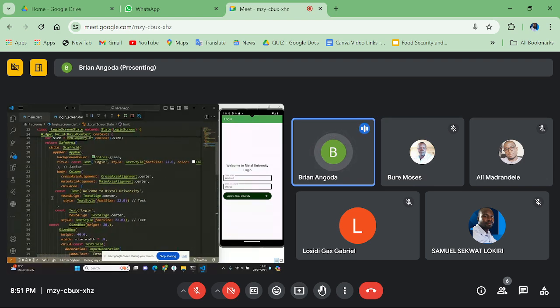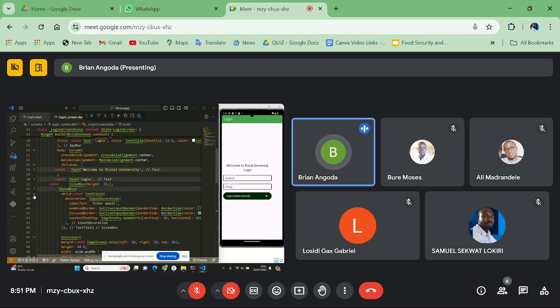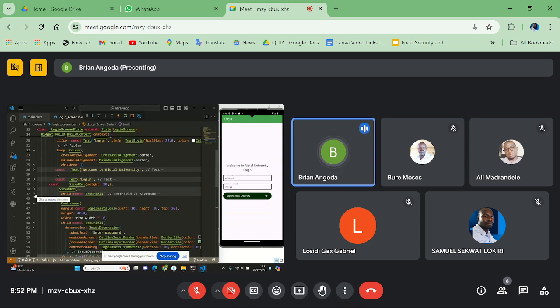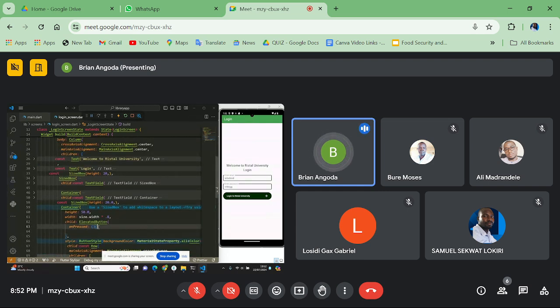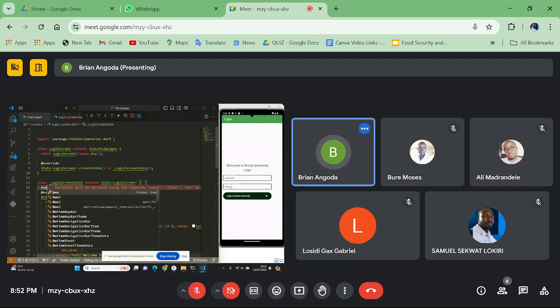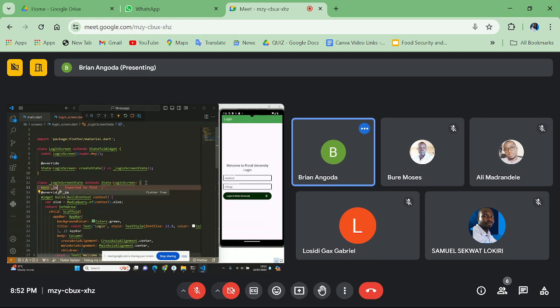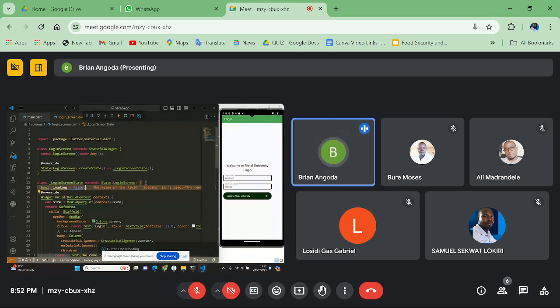Again, to make our code more readable, we can always collapse these items so that we only remain with the button. Okay, collapse these items. Then we only remain with this button. So this onPressed is where we're going to implement logic. But for the beginning, what we're going to say is bool. We create a variable bool, and we can call it isLoading. Or we can just say loading. Initially, we know that when someone enters this screen, the loading has to be false because nothing is loading. No one has pressed any button. So loading is equal to